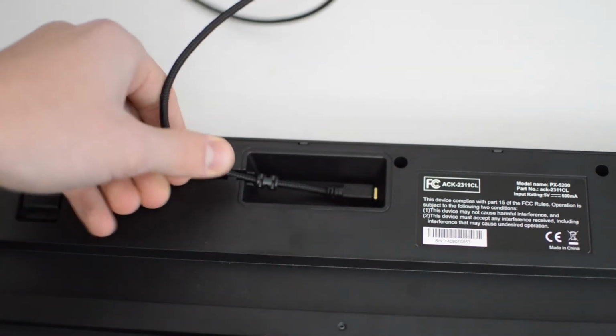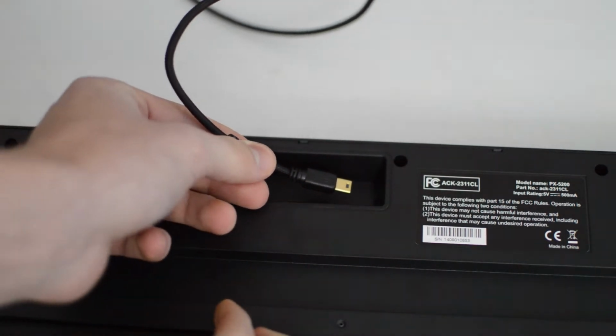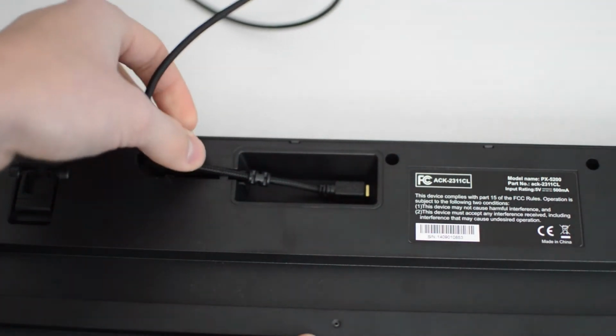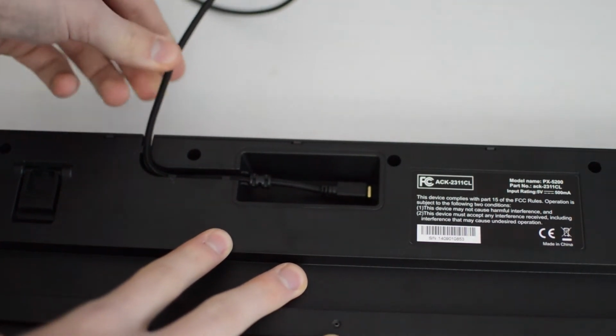So moving on, the cable that comes with the keyboard is actually nicely braided with gold connectors. It uses a mini USB on the end that connects to the keyboard. This means that you can interchange it with other cables, so if you wanted a longer cable or a short cable, or if the cable breaks you can replace it yourself. It also gets routed around a small little channel, so if you tug on it too much it shouldn't damage